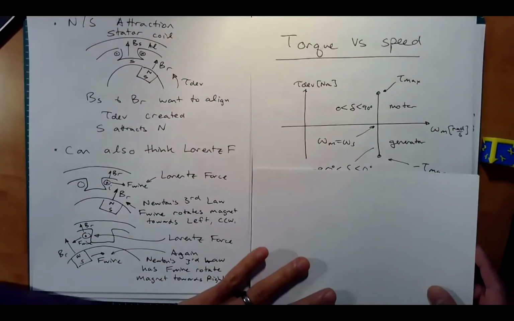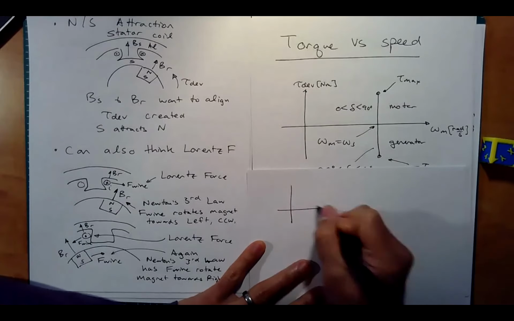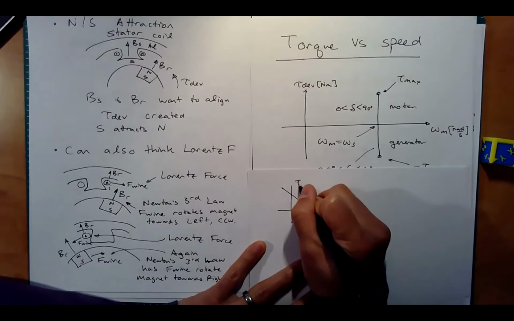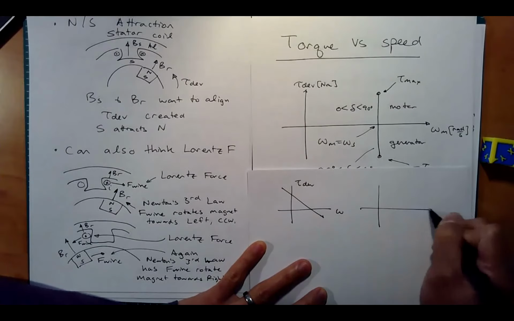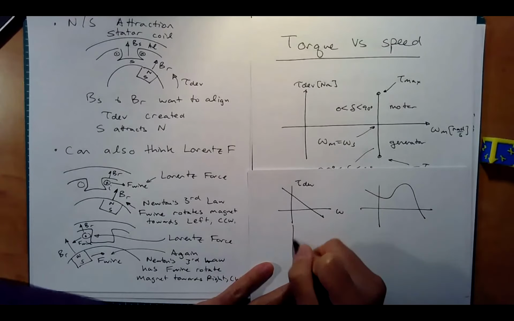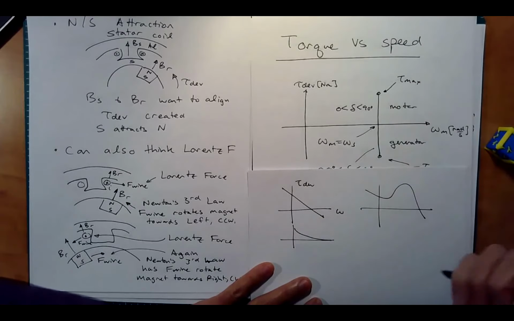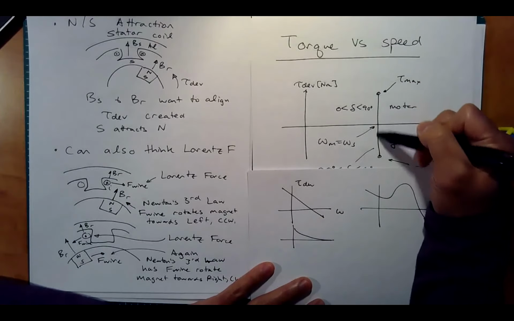So what does the torque speed curve look like? Well, if you recall from a DC motor, we had torque and speed looking like this. From an induction motor, it looks like this. From a series motor, it looked like this. But for a torque speed curve for a synchronous motor and generator, it looks like this, just a vertical line,